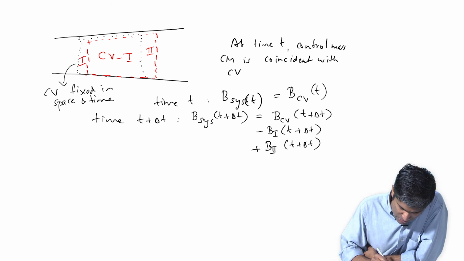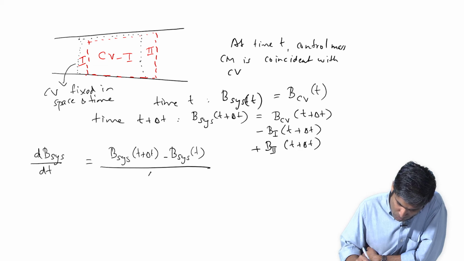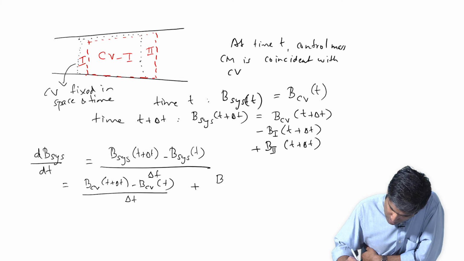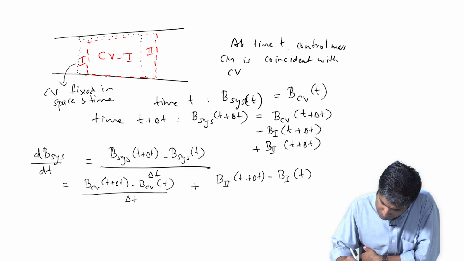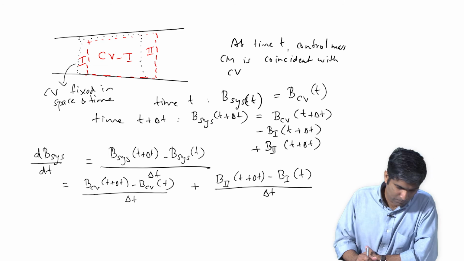So if we are generalizing and saying I want to find dB by dt, that is nothing but B system at t plus delta t minus B system at t over delta t, and so that becomes B control volume at t plus delta t minus B control volume at t over delta t, plus these extra terms that got generated. Now, if we take the limit as delta t tends to 0,